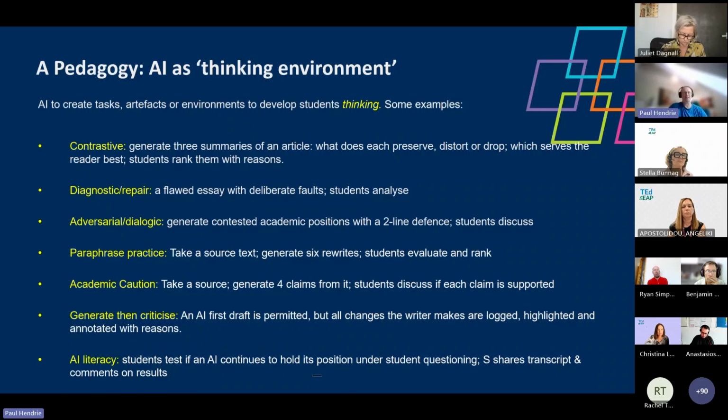Okay, let's start moving into something a little more concrete now. Taking all of those different ideas, what are some of the things that we might make? If we think of AI not as the core, not as the center, but as this thinking environment, a place in which the student is encouraged or equipped to think more, retrieve more, receive more feedback, and so on, then we've got a few different directions that we can go in. And here's a couple of them on your screen here.